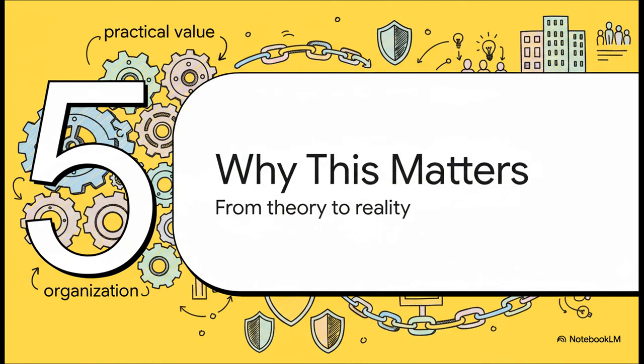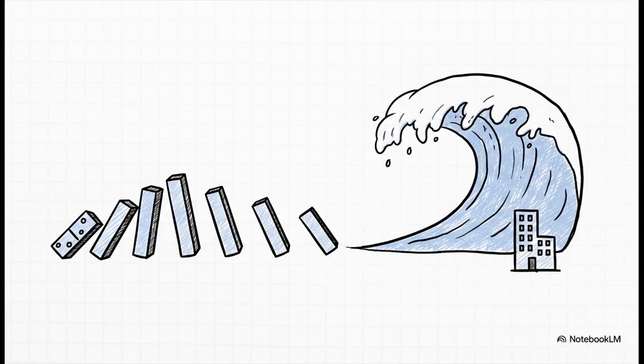Okay, I get it. This might sound like a bunch of abstract corporate speak, but I promise you, this way of thinking has real-world, practical value for pretty much anyone, no matter what your job is. Because here's the bottom line, the thing you really need to remember. Big disasters, they almost never come from one single giant mistake. It's almost always a chain reaction. It's like a line of dominoes, a bunch of small, overlooked risks that just tip over one by one until you have a full-blown catastrophe. Thinking in terms of security-related risk, well, it helps you see those dominoes while they're still standing.